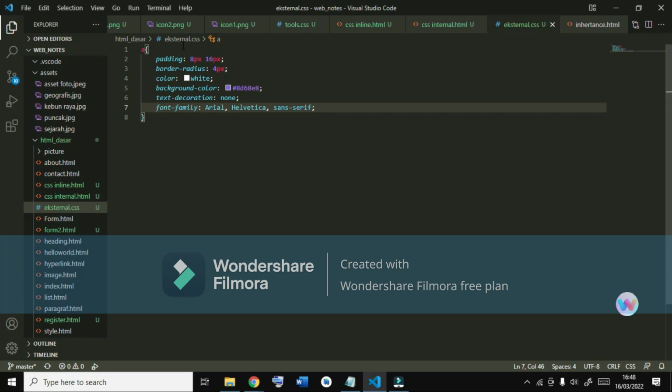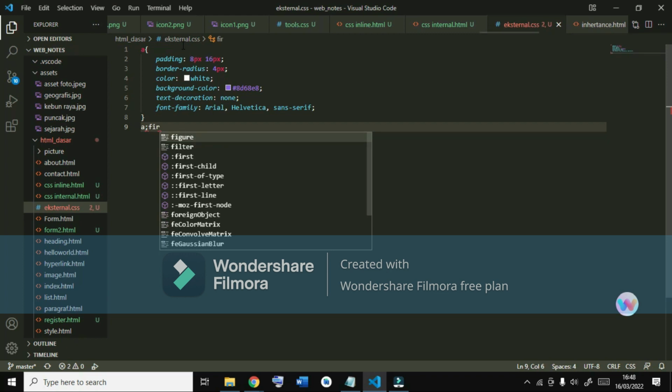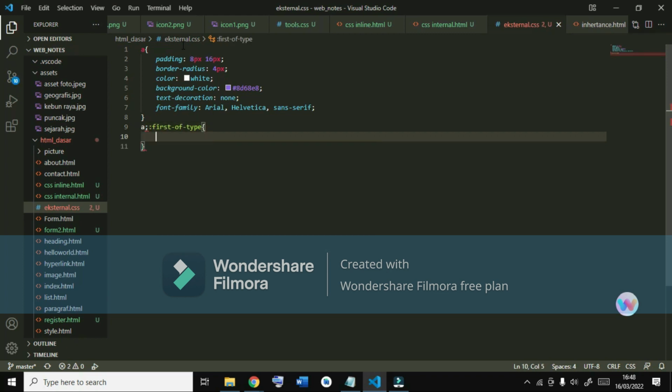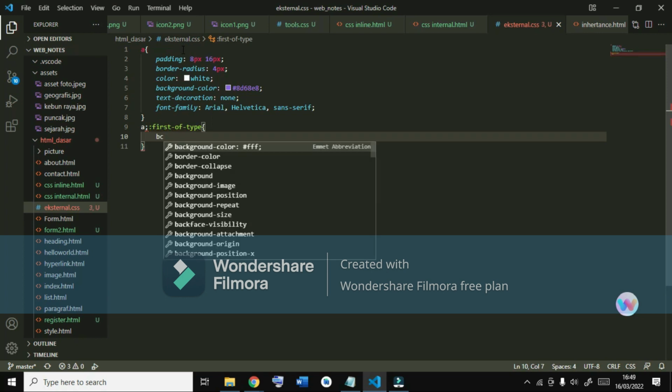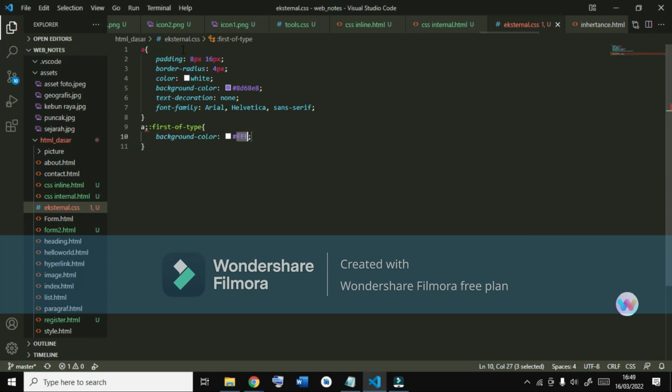And to add a hover effect, we add a background color, for example C2 and 6.